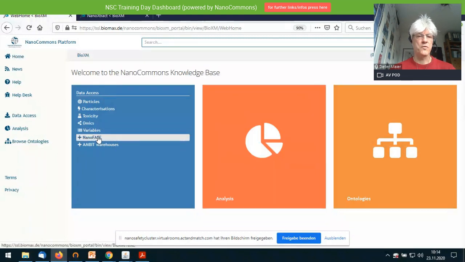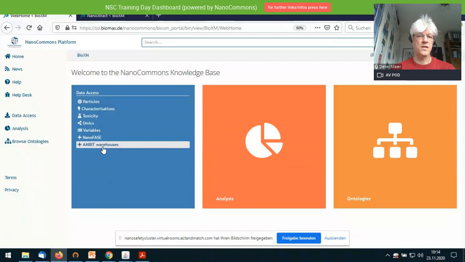Also, as I said, nanophase, which is embargoed, and Mbed warehouses. That's one of the integrations where we actually interoperate with the existing warehouses. The data stays where it is in those projects, but those projects like eNanoMapper or NanoRec made their metadata available, so you can search that as well.